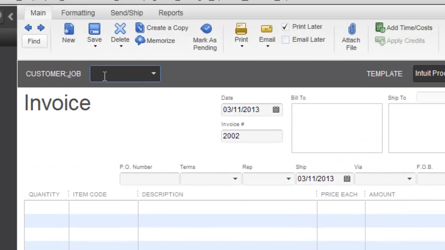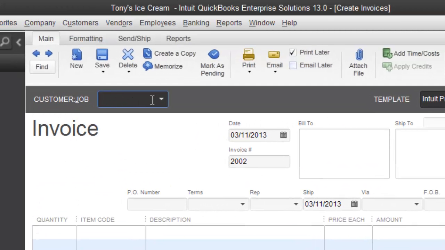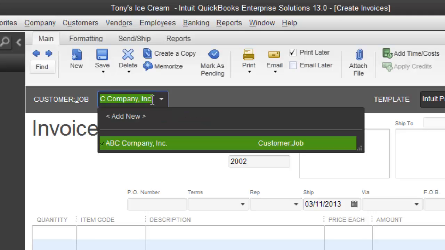In the customer job where we see the blinking cursor, I'm going to start typing in the ABC company. We're going to send a second invoice to this company. I'm going to type in A, B, and you'll see it automatically jumps up. It remembers what I've had in there. So it's prompted us and saying, hey, do you want to use ABC company? I could click on that, but because it's the only thing, I can also just use the tab key if